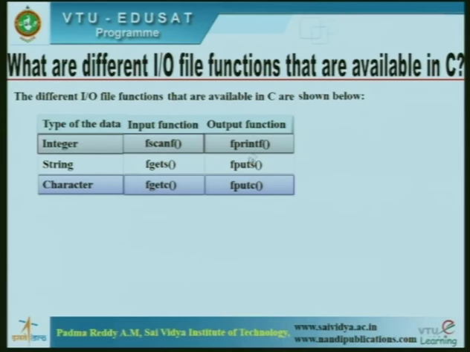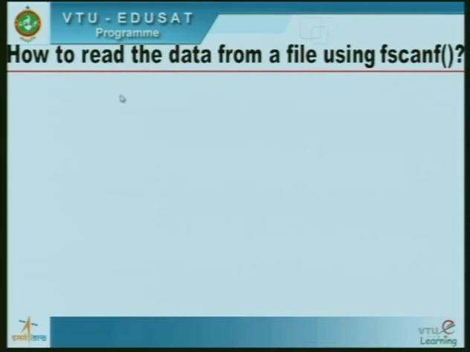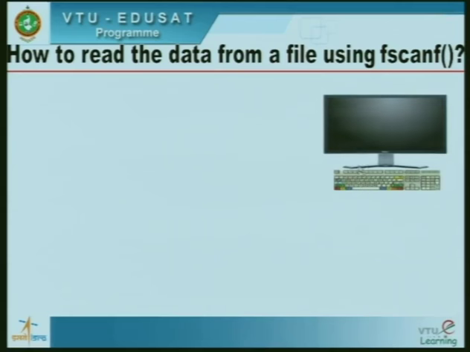These are input functions, these are output functions. Now let us see how to read the data from the file using the fscanf function. Now look at this. We can enter, suppose I want to enter 101